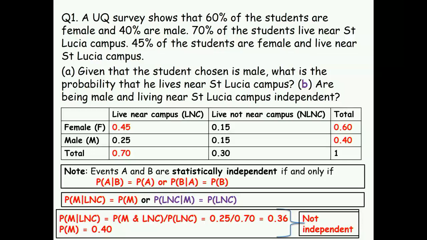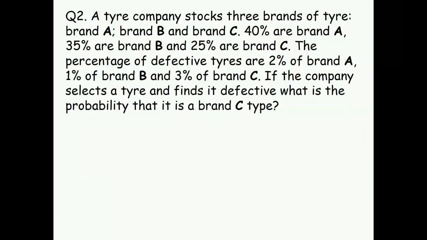Let's go to the next question. What type of question is this? Those who read, what type of question is that? Addition, multiplication, conditional? I am asking you the type, not the answer. What type do you think? Bayesian. This is a Bayesian type of question. We have prior information or prior probability. We have new information. New information means conditional probability, and the question is to revise the probability, which is Bayesian.